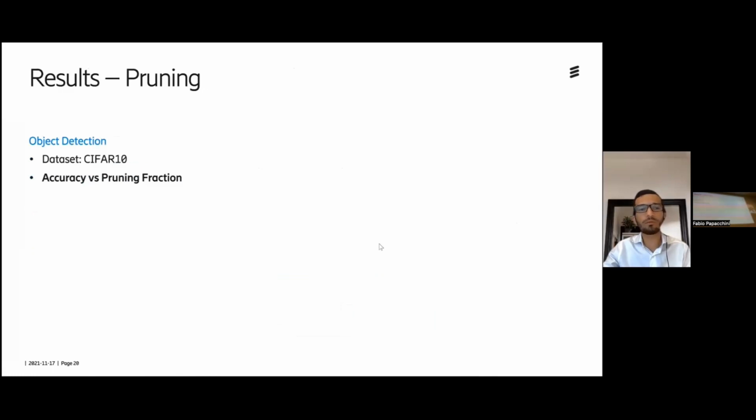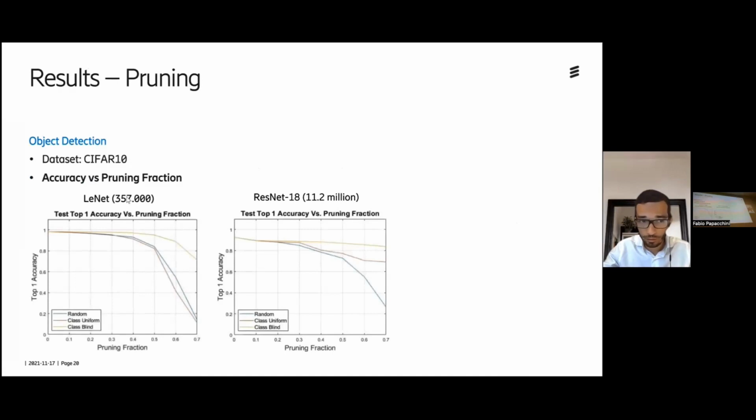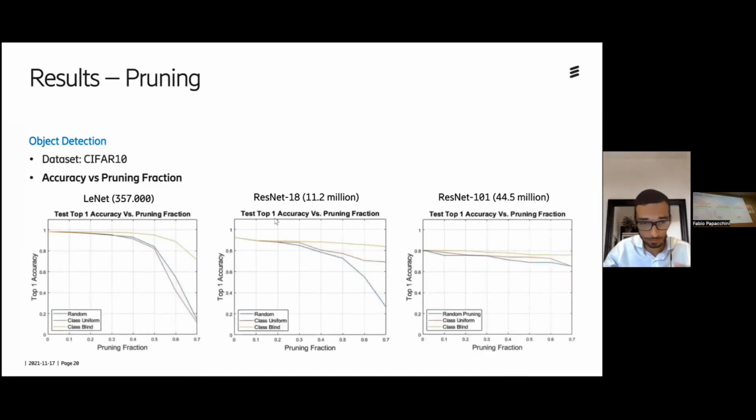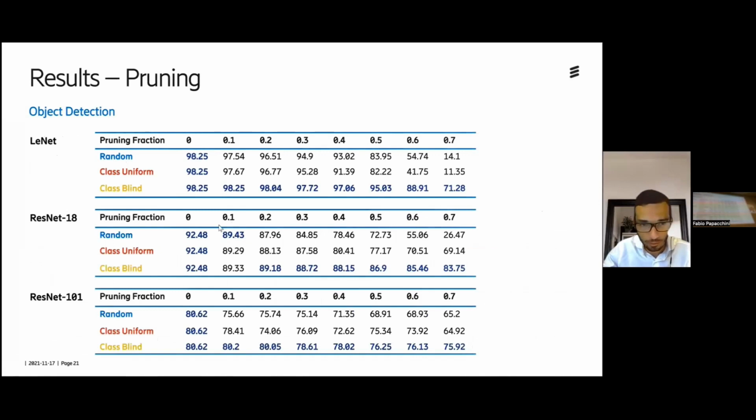Now moving on to the results, beginning with the pruning experiments and the object detection. We had 3 different models, LeNet, ResNet 18, and ResNet 101. We can see from these 3 figures that in all cases, the yellow line, which is the class blind technique, performed better. By having a closer look at the results, we saw that almost in every case, for every pruning fraction and for every pruning percentage, the class blind outperformed the other 2 techniques. So it was safe to say that the class blind technique was the best performing pruning technique, and we used it for